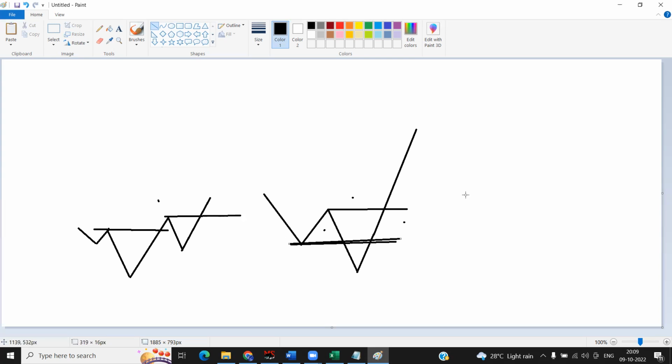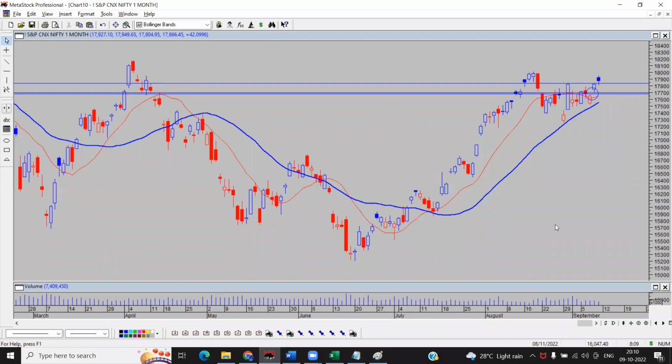This was a breakdown and here it is a breakdown failure. Likewise, upar se niche, if it is an uptrend. So if we are going on the upside, any breakdown failure of this one will say that okay, kahin na kuch mera garbad hai. That is the first thing which we have to take it. So based on our chart, we could have taken this level. Agar breakdown iske niche ho rahi hai, we can take that. Okay, we are having a breakdown. Perhaps intermediate term trend may have changed.